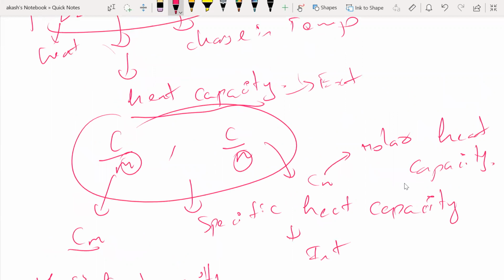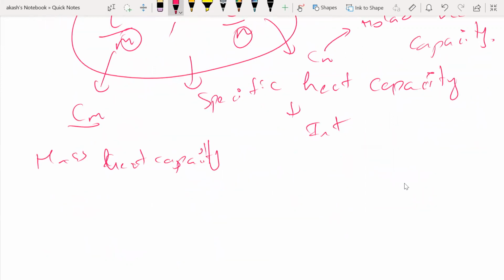This definition is going to be very, very important. Now, please take down, guys. I'm going to define the Cm, mass heat capacity. Please take down the definition. It is the amount of heat required to raise the temperature